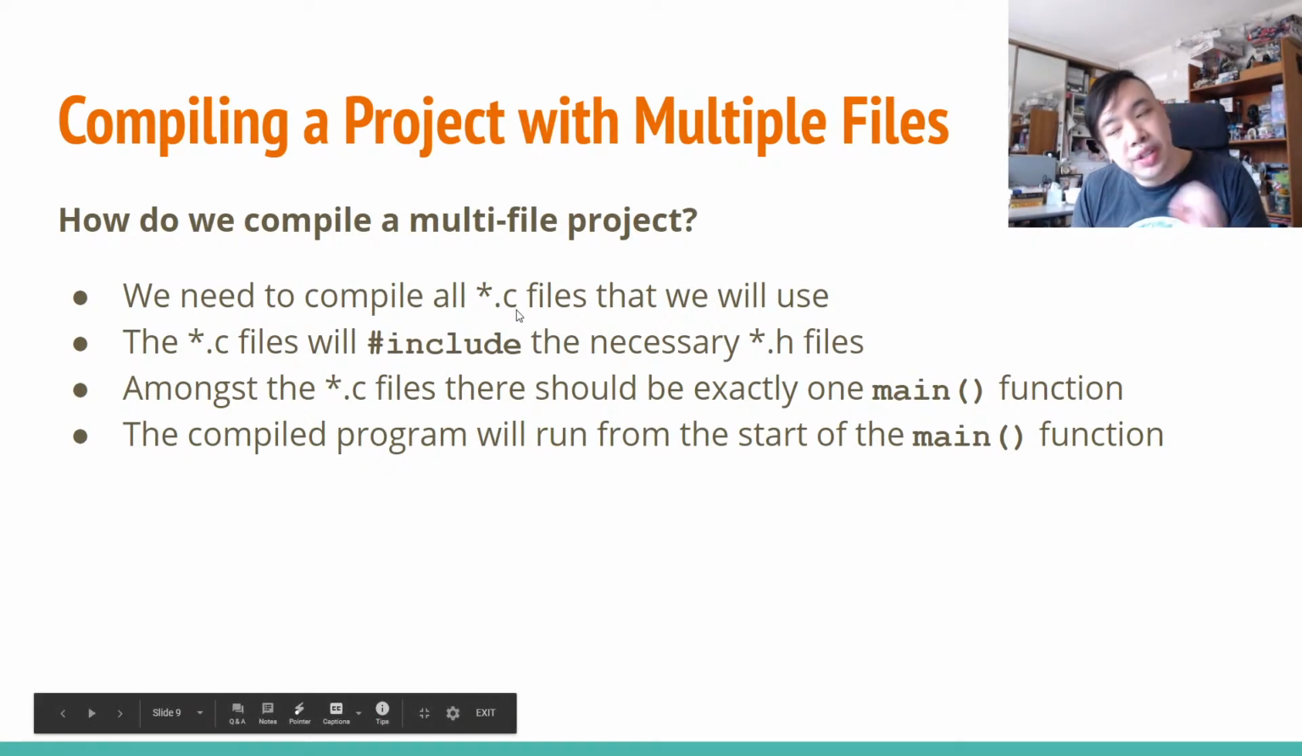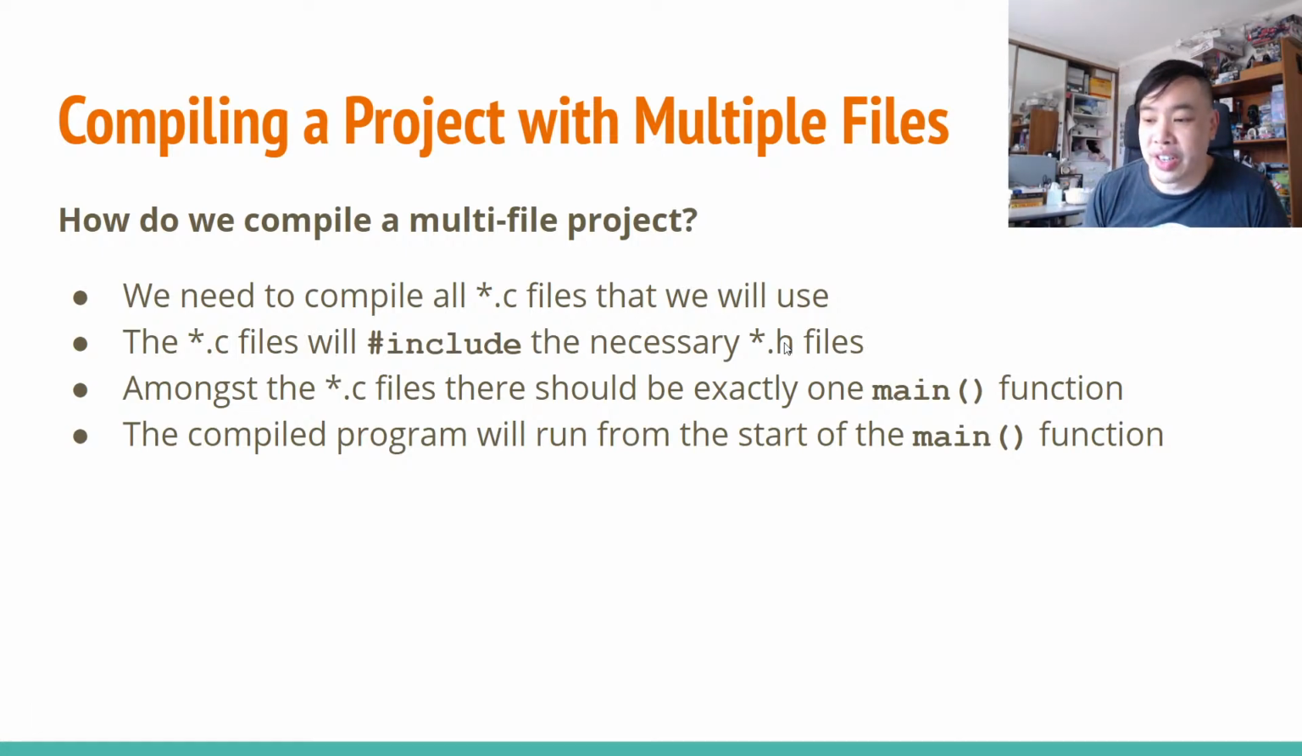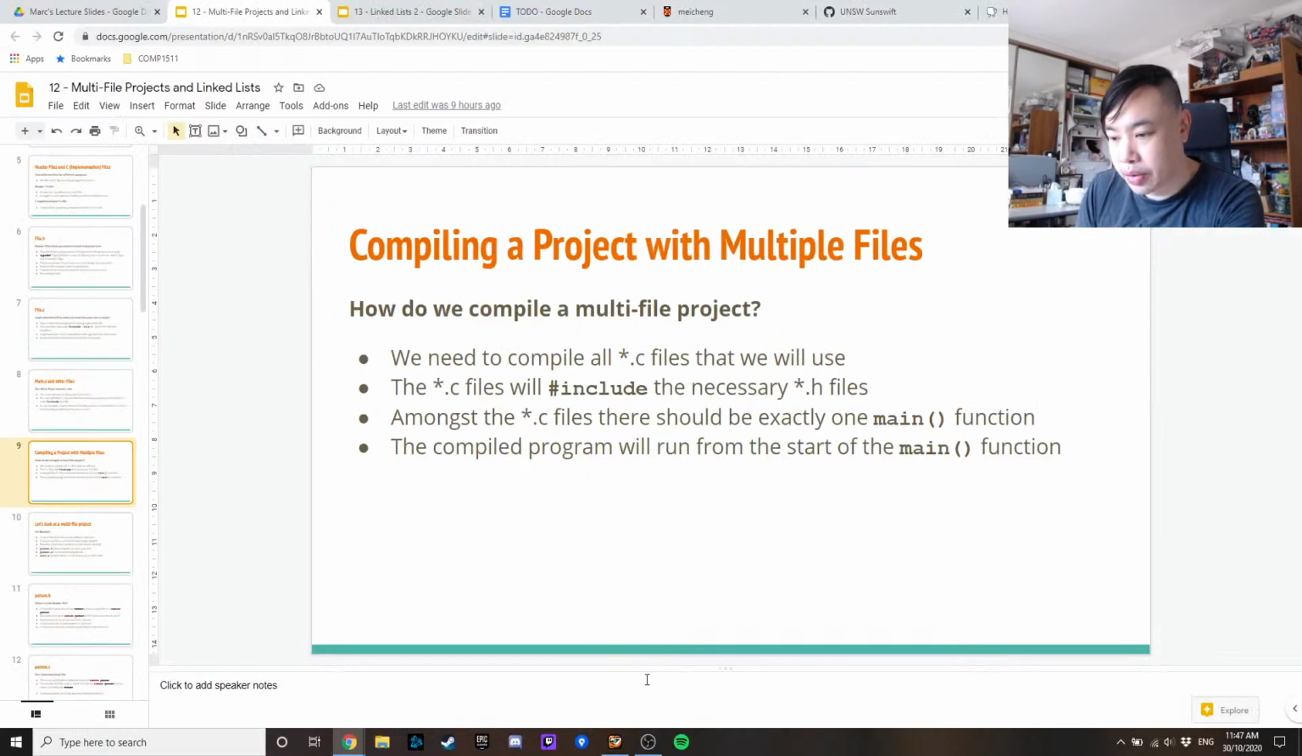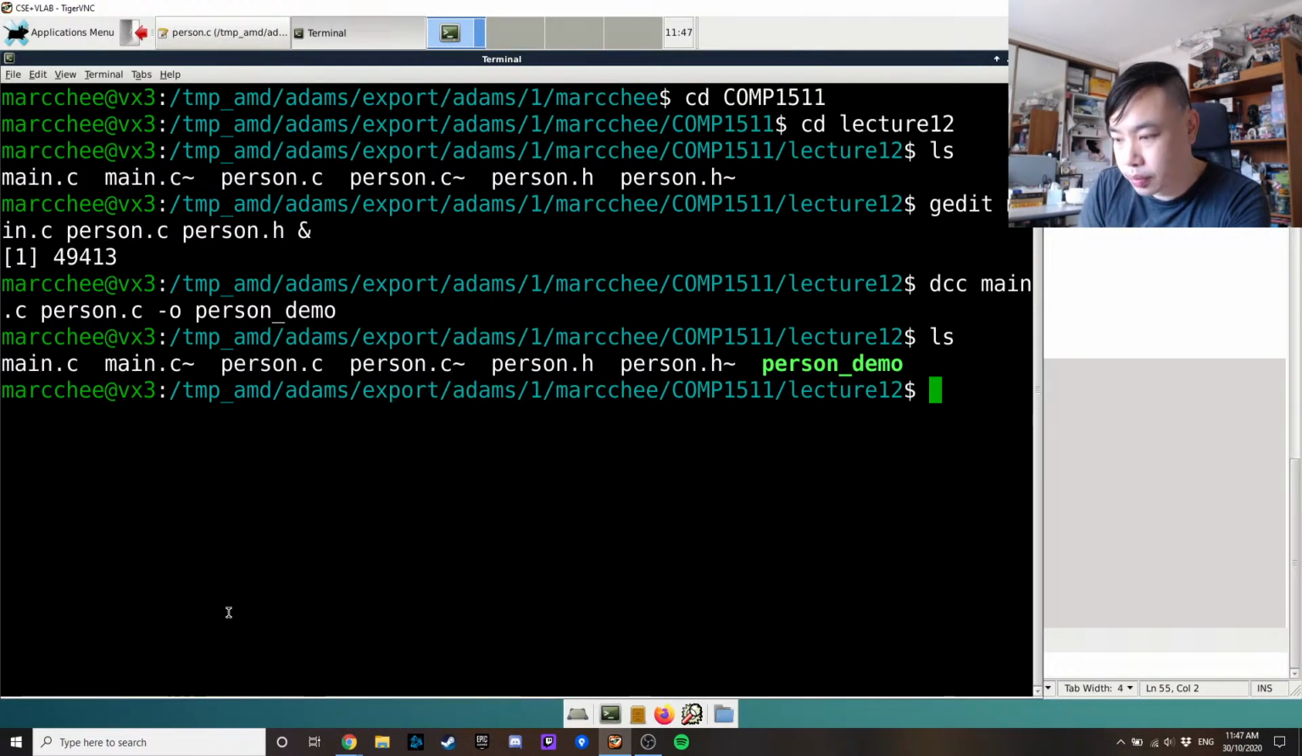We will compile only the C files that we're using, and we will use #include to include the necessary H files. Be careful that amongst all the C files, we can't just throw in multiple programs together, because there can be only one and exactly one main function. Because if there is more than one main function, then when we run our program,